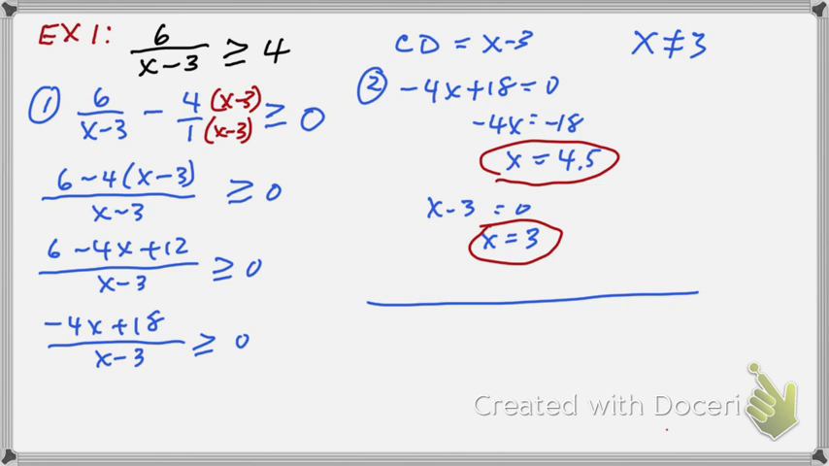So it can't be 3. Can it be 4.5? Sure. Because that's greater than or equal to. So I'm going to put my 3 as an open dot. And my 4.5 has a closed dot. Now we just have to work out which of those sections of the number line will work. So here I've got 3, I've got 4.5,